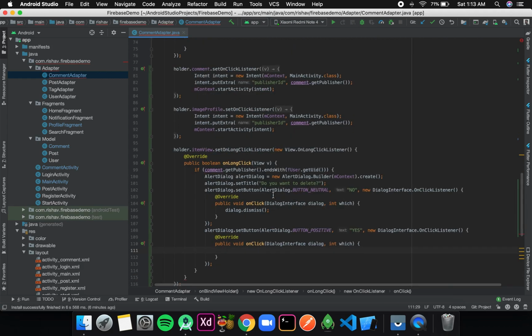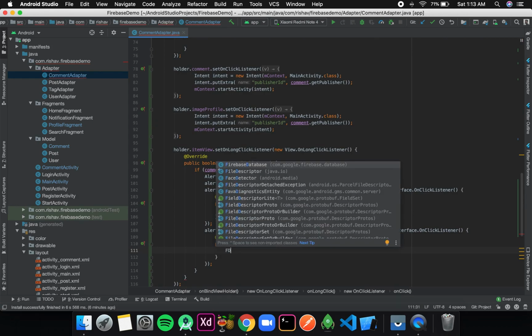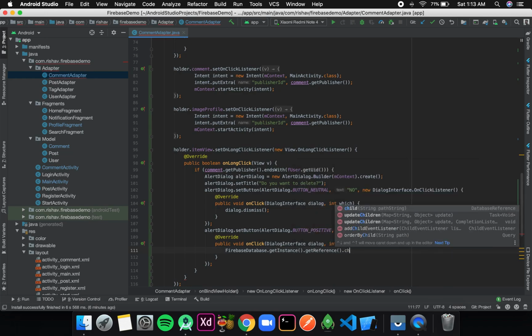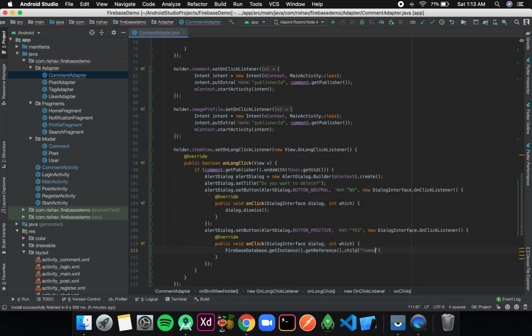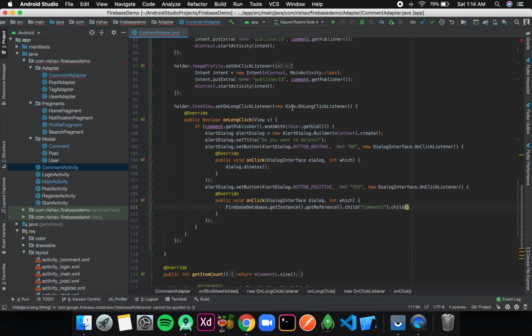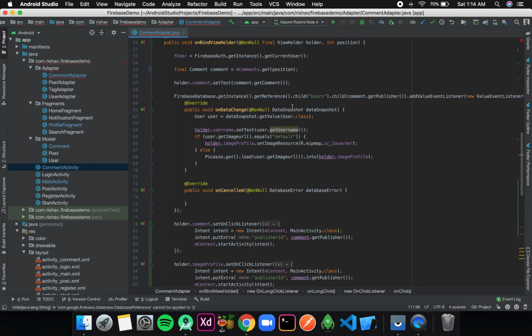Now we need to query that branch in our database and then delete it. So for that I'll write Firebase database dot get instance dot get reference dot child, and the child is comments, and the child is post id. We don't have a post id, but we need one.